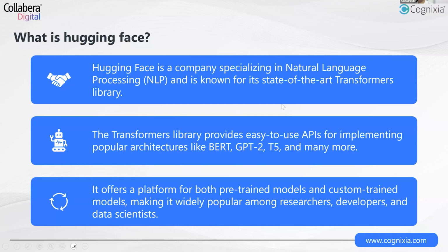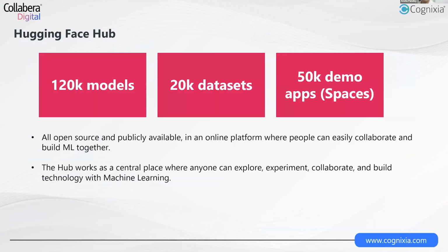Hugging Face is actually a pretty popular platform for natural language processing, and it has multiple pre-trained models available. If you count over Hugging Face Hub, you have more than 120,000 pre-trained models, and you just need to learn how to use them effectively and fine-tune them for different tasks. It also has 20,000 datasets, which you can use to customize models for certain specific tasks, and more than 50,000 Spaces, that is demo applications available over the Hugging Face platform.